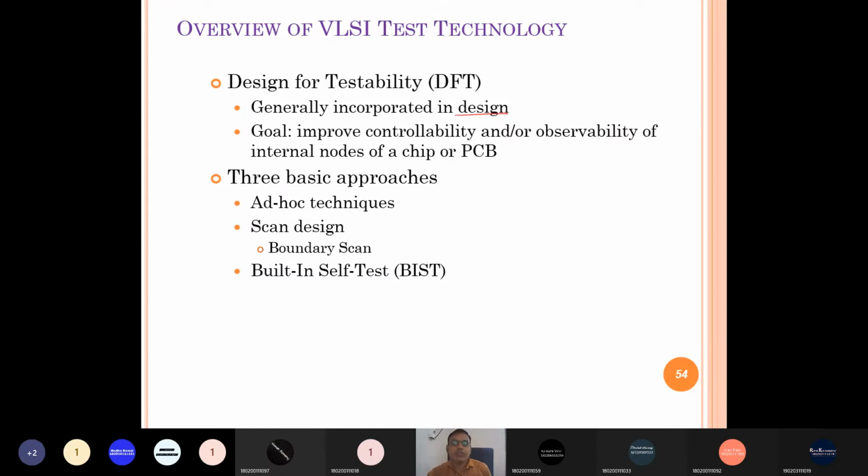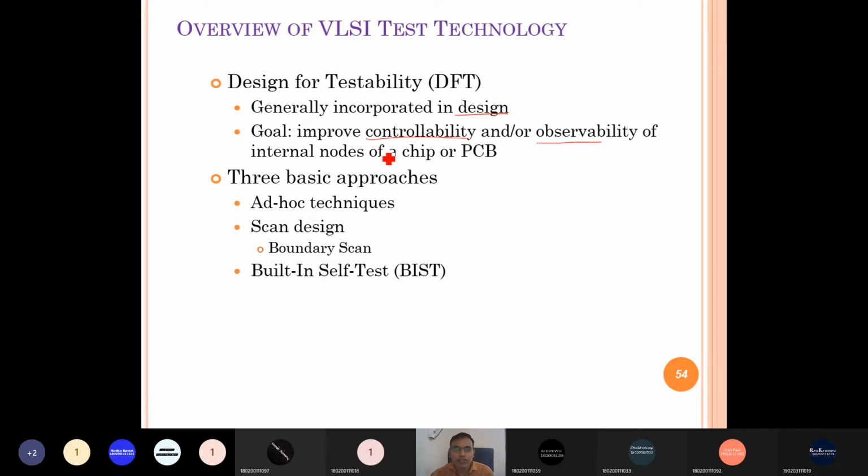The goal of DFT is to improve the controllability and observability of the internal nodes of the chip or the PCB. Controllability is how difficult it is to set any internal node to a desired logic level. Observability is the difficulty of observing any internal node at the primary output.